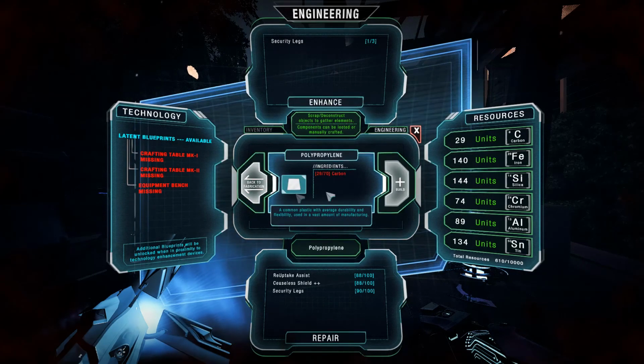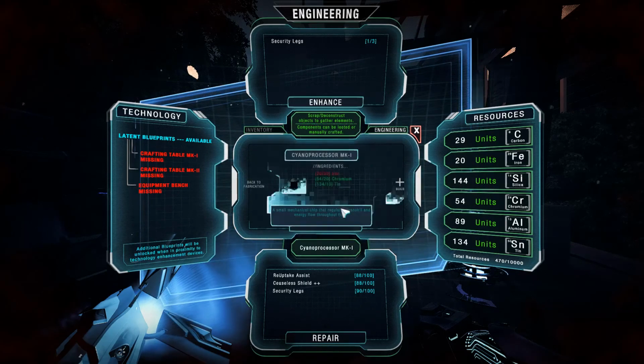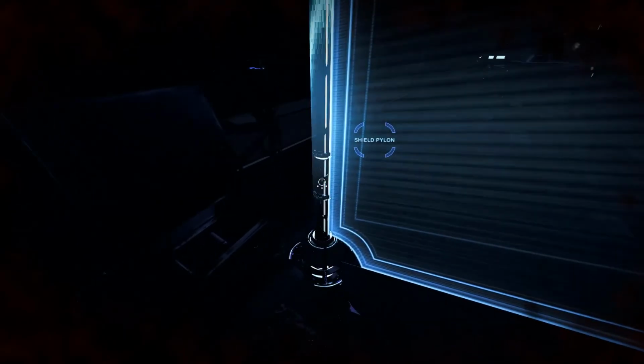1, 2, 3, 4, and we're out of that already. 2 stainless and 1 processor, right? Which we can't make because we're out of resources. Well, guys, you get the point, really. And to be honest, do I really need a doorway in this shield? I can just deactivate it and then reactivate it. I don't know why I'd want to go to the expense of building a doorway for this shield so I